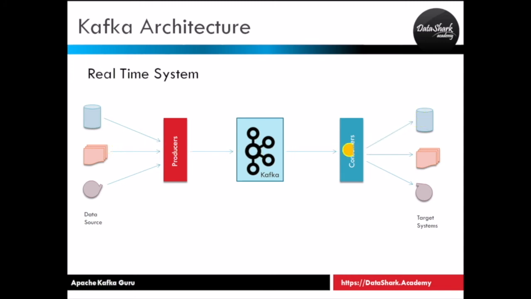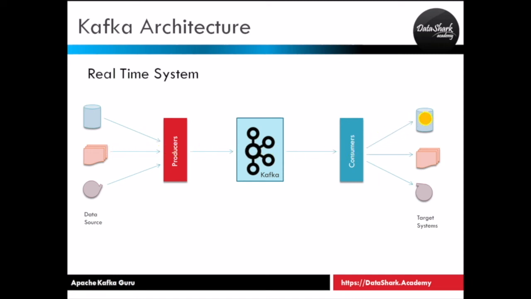An example of such a use case is what banks use. If there is a fraudulent transaction, then banks need to know it immediately rather than waiting for the end of the day to analyze the transaction. It will be too late by then, right? So in such cases, real-time processing is critical. Later in the course, we will do some exercises demonstrating real-time systems. So hang on to it.